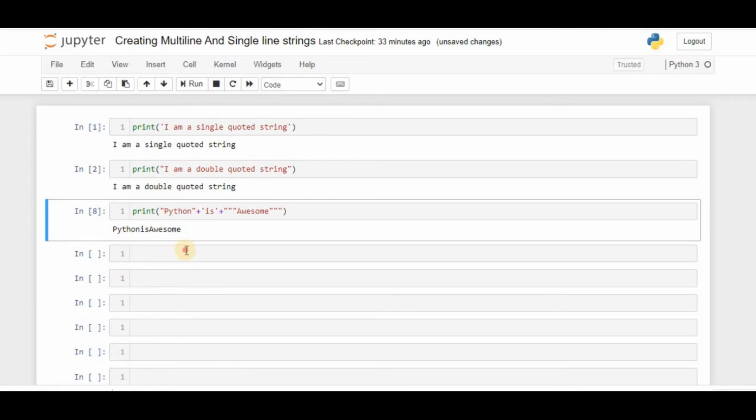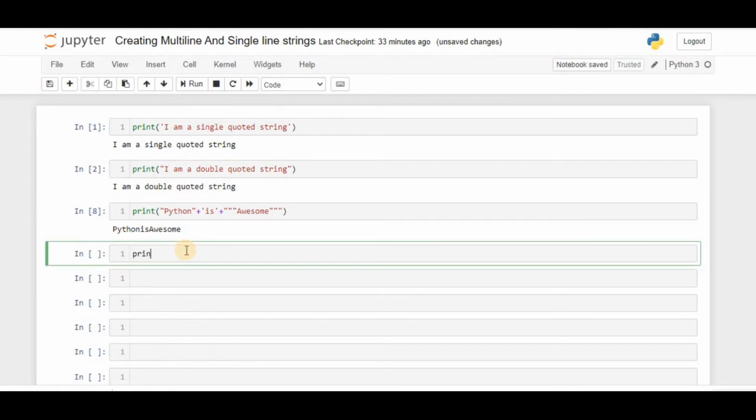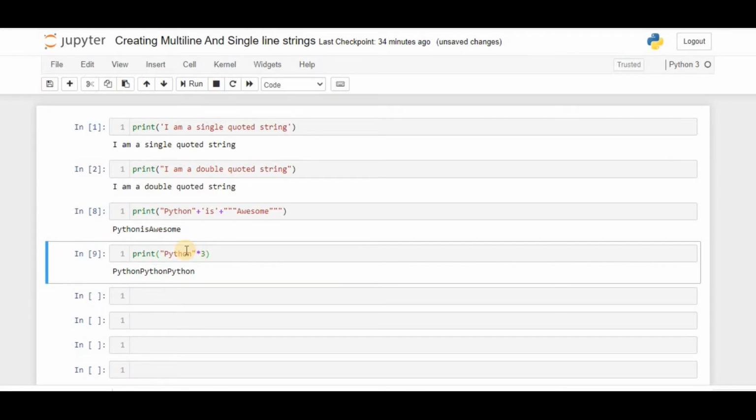Now we will invoke one more thing with the print statement. Print double quotes Python, and we use the string operator 3, which is also string repetition. This means the word Python will print 3 times, multiplied by a string, right?